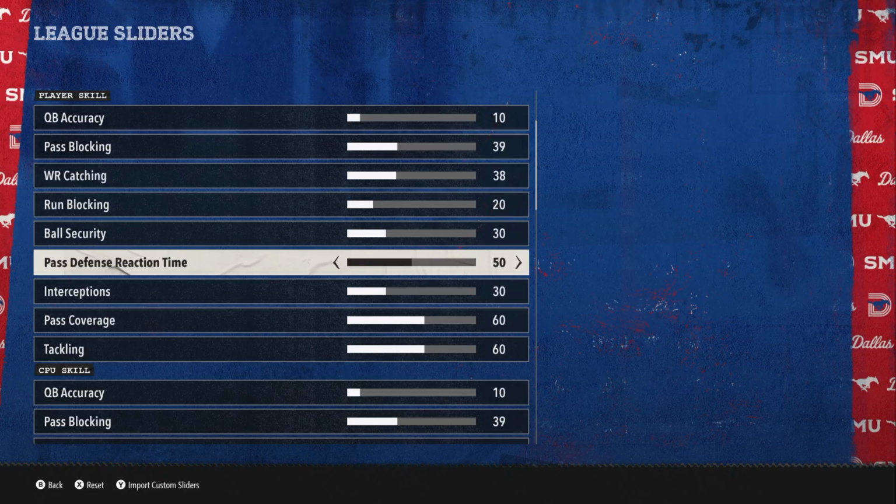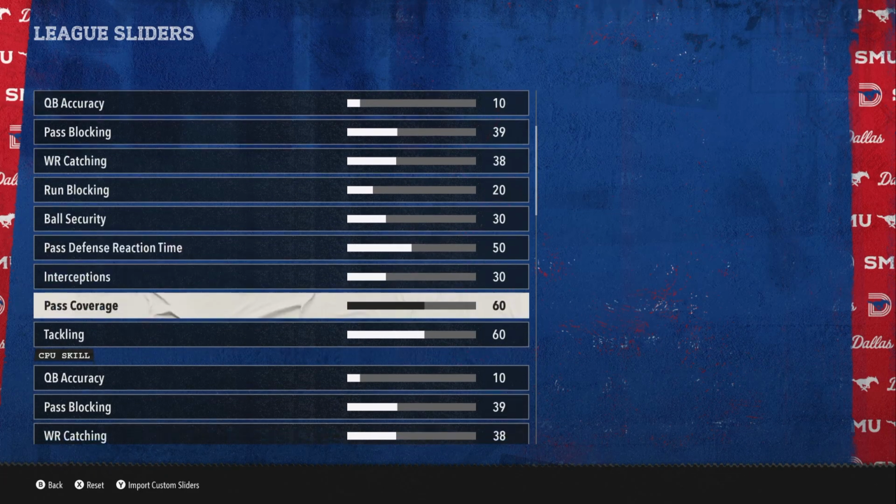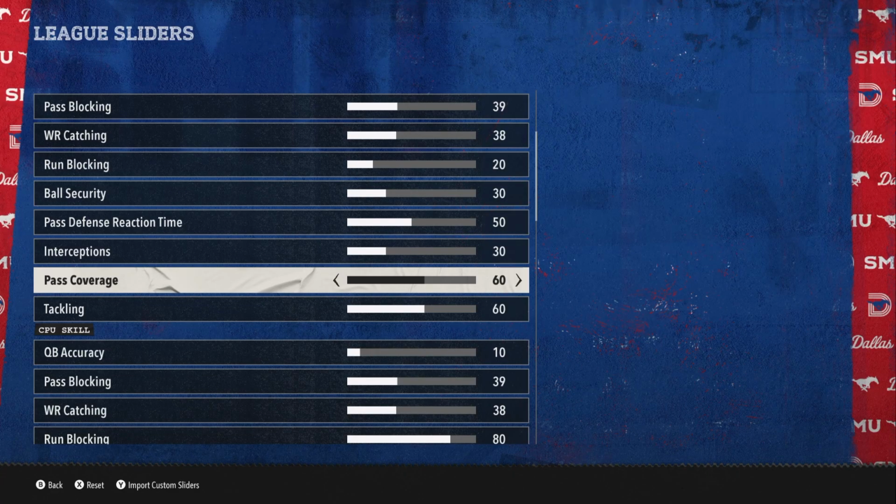Right, for the average team, not an elite defense, I'd rather have them play average to even slightly bad defense and then have the offense struggle to execute, versus great defense when the team shouldn't be playing great defense. And that's kind of where we're at right now, right? I have up pass coverage just a little bit, mainly to help with the underneath stuff. But I think the more teams focus on the underneath stuff, the more the over-the-top stuff opens up, which is